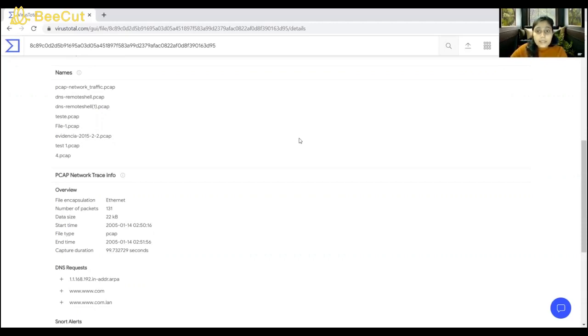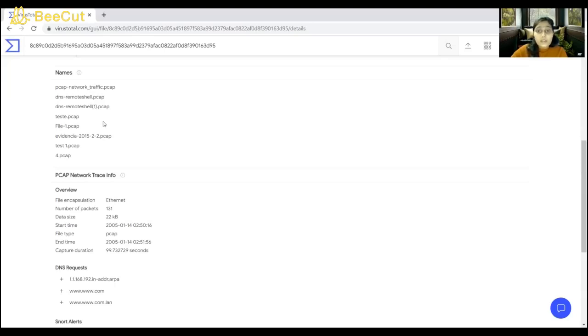Next, under the name section, we can actually do analysis on multiple file names. I just like to see if there are any other file names that are different. So if you can see anything unusual in the file name section, an unusual file name, we should be careful and cautious.